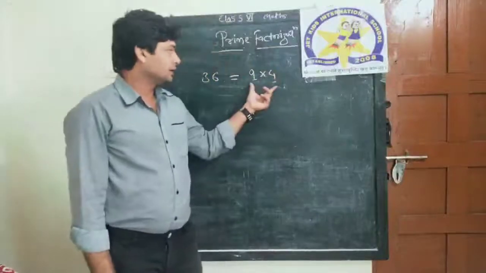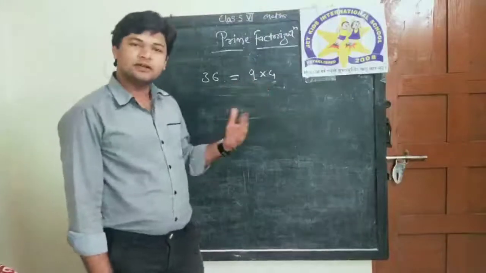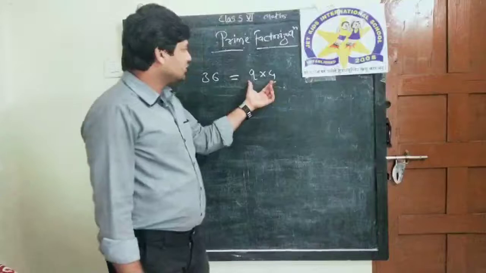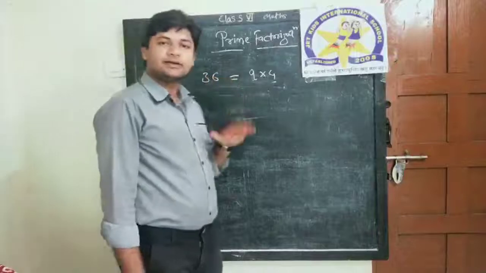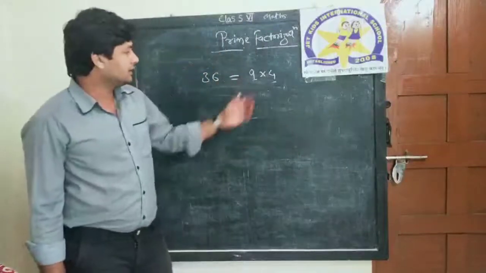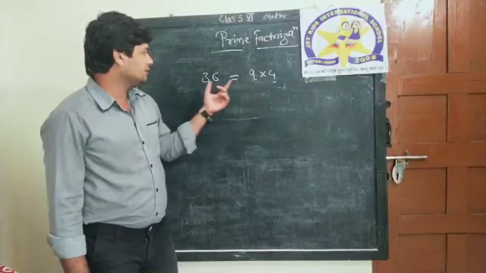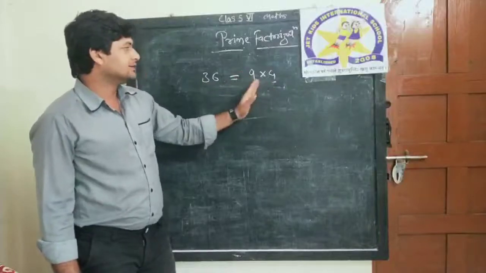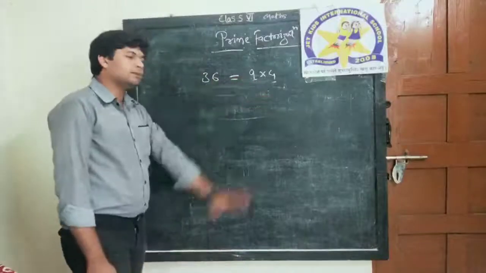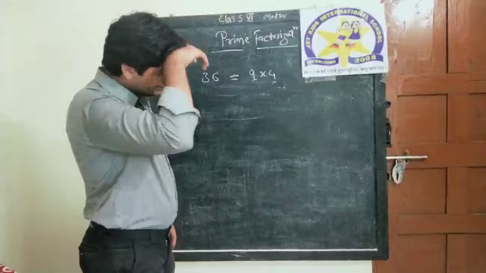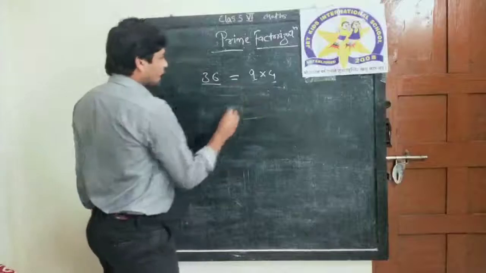If I take 36 as a product of two factors, it means we are factorizing it. So these are two factors of 36, because 4 can divide it and 9 also can divide it. Exactly, that's why these are two factors. Now we are taking these in prime terms. So how do we convert this into prime terms? That is prime factorization. If 36 is not prime, how can we write it?